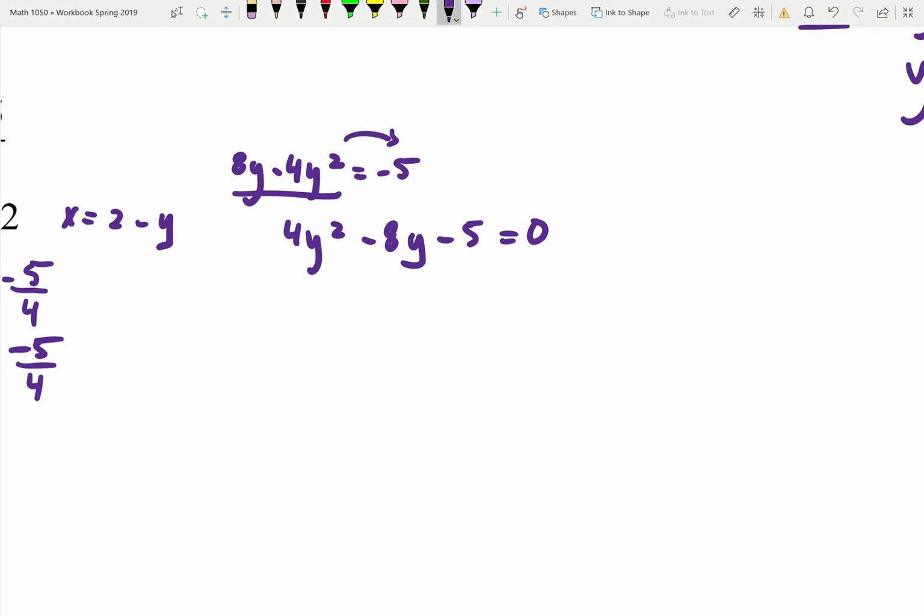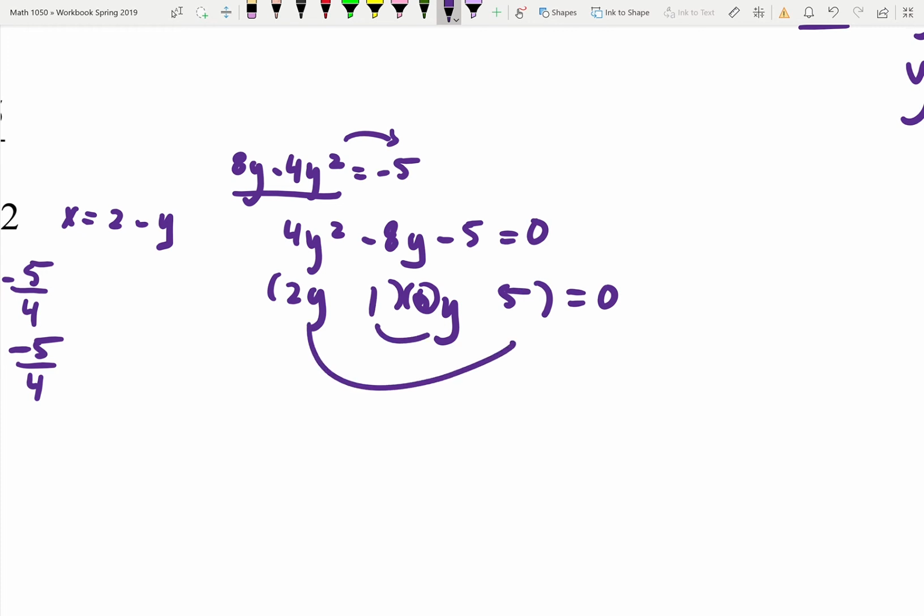No. So I know it's not going to be 4 and 1. I know it's going to be 2 and 2. So it's going to have to be 2y and 2y. And then the 5 is going to go to a 5 and a 1. So that would give me 10 and 2, which subtracts to give me 8. So it totally works. The biggest is the negative. So the negative goes there and the positive goes there. And then I'm going to set those equal to each other. And when I do,